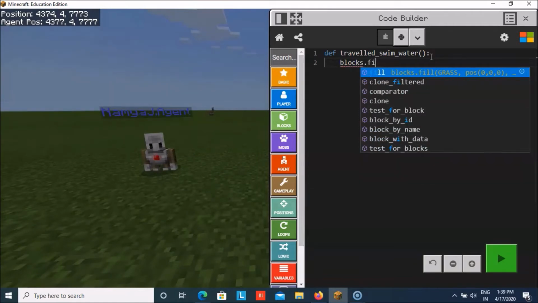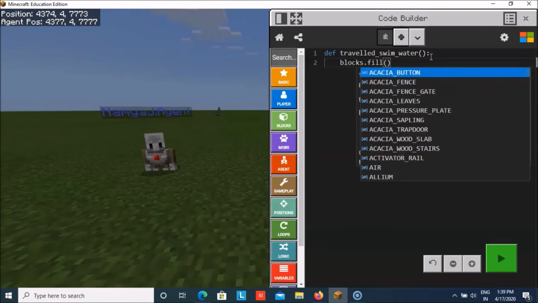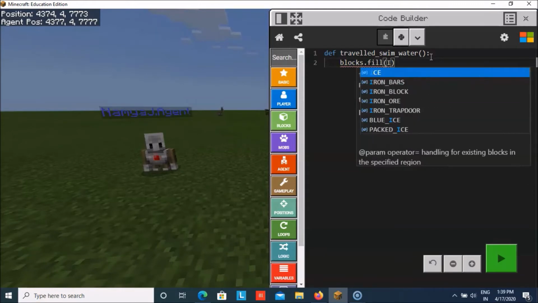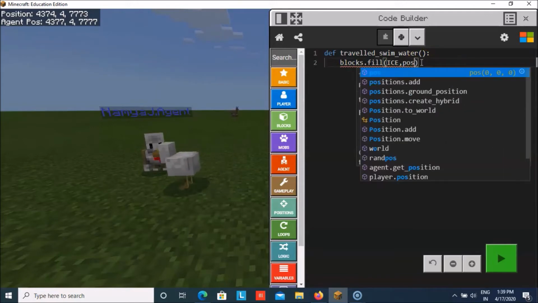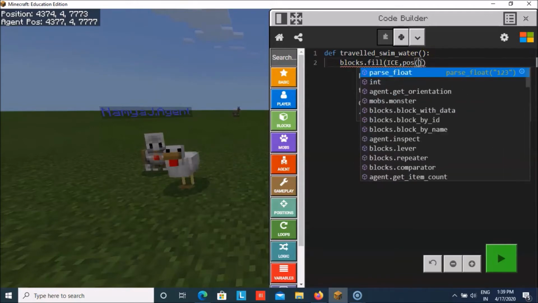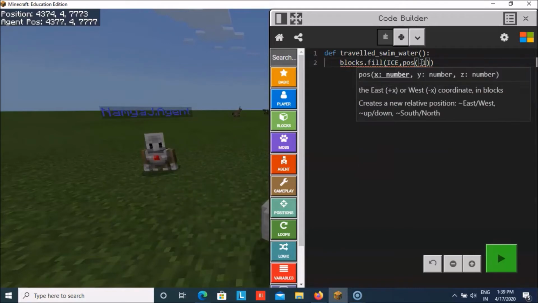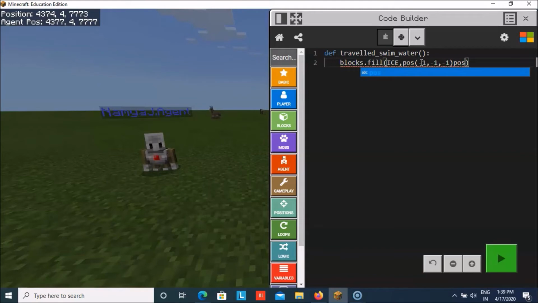So blocks.fill, and then we'll write ice, and then we'll take the position as -1, -1, -1, and then we'll write the position that is 2 with a comma here,